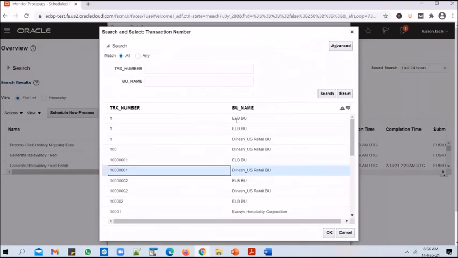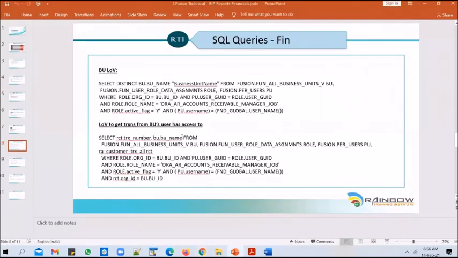So if I had not printed BU name in the transaction number LOV as a description parameter, you would see this transaction number alone twice. So you don't know which one belongs to which BU. So that's why we have added BU name as a description column. So this is coming from a list of values query that we have used. We are selecting transaction number as well as business unit name.